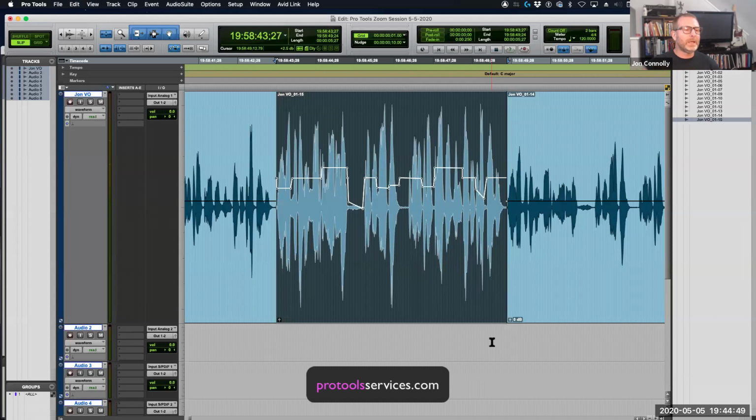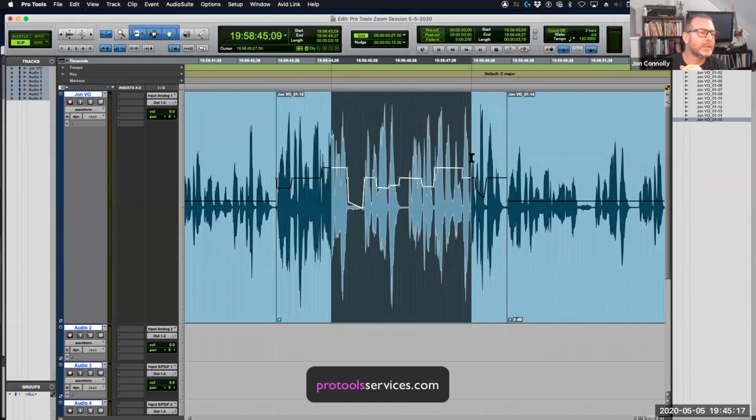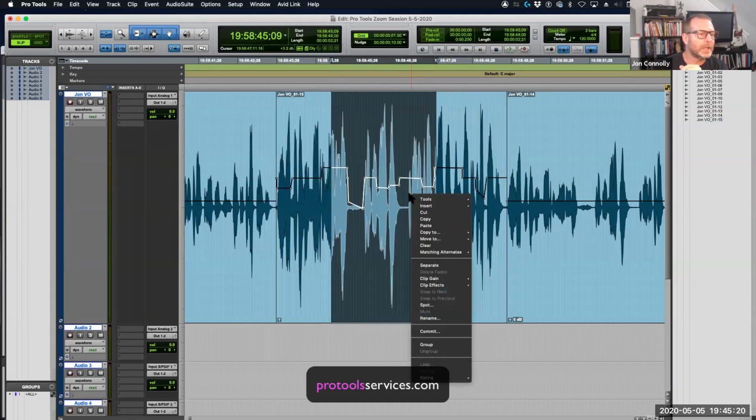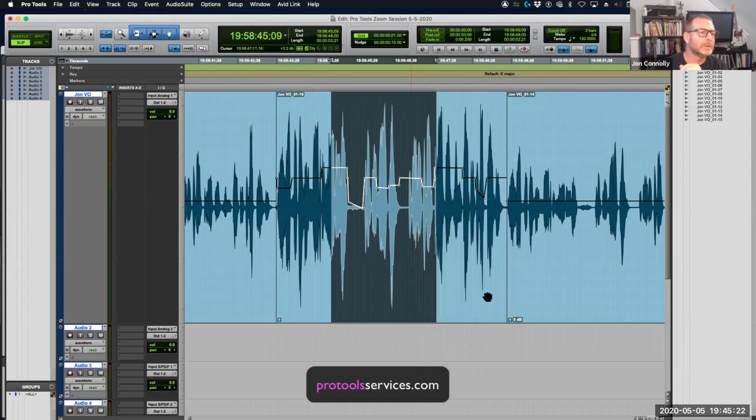So all of these clip gain moves are happening in real time. So it's non-destructive. A lot of people are worried about making edits and I don't want to ruin it. I don't want to crank it up too high and make it distort. You don't have to worry about damaging your audio using clip gain because it's all real time. You can undo it multiple times. You can select it and get rid of it. If you decide you don't like it like this, you could come in here and make a selection and clip gain, clear it, get rid of it altogether. So it's very flexible, non-committal. We all love that, right?